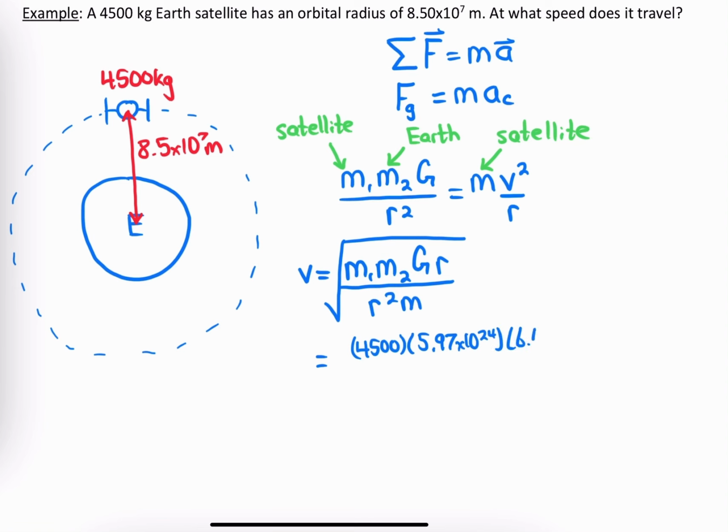Big G is 6.67 times 10 to the negative 11. And R is 8.5 times 10 to the 7 meters. R again, 8.5 times 10 to the 7 meters, but that's going to be squared. And M, regular M here, was the mass of the satellite, which is